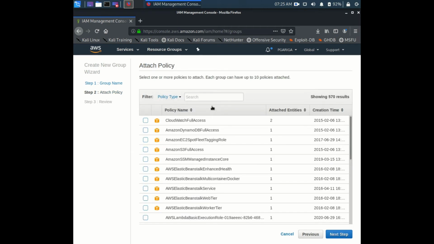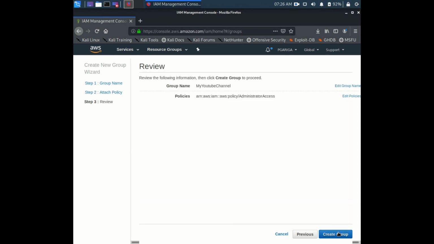Let me show you one more thing. If you want to give only CloudWatch service access, if the user needs to use only CloudWatch as a service and not other services, then if you click here, this user can open only CloudWatch in terms of services, but other services like IAM and EC2 he cannot use. If you don't click on this, just go with only one, administrative access. You can see it's a checkbox, and just go to next.